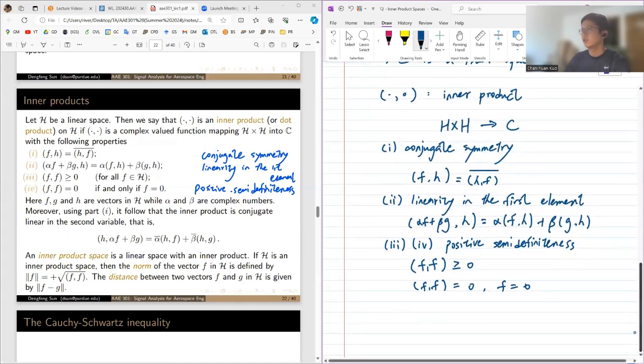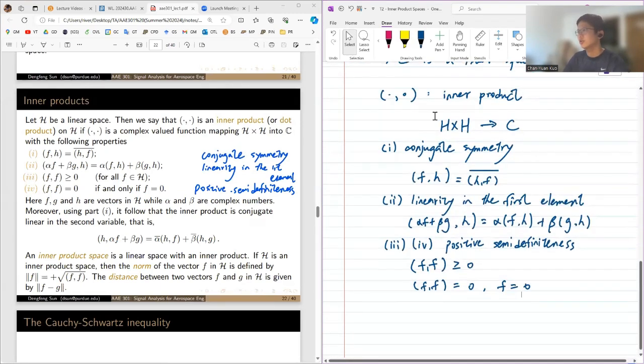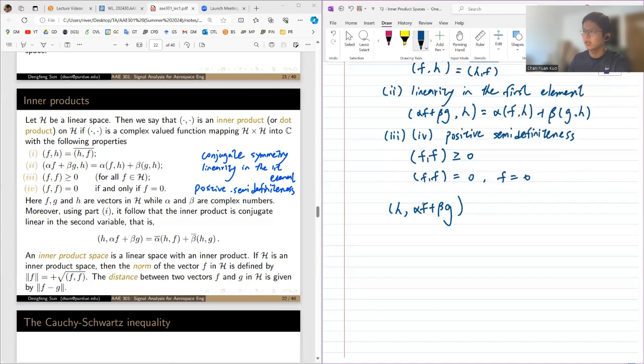All right. So for a function to be an inner product function, it will have to satisfy all these four properties. And now let's take a look at another extension that we can obtain from these four properties, which is that the inner product is conjugate linear in the second variable. So here, if we look at the inner product of h and alpha f plus beta g, then